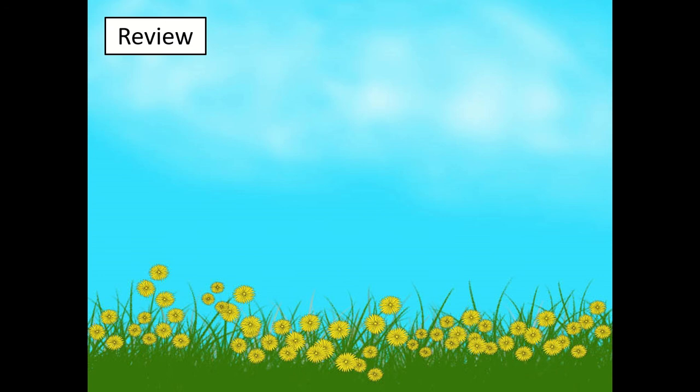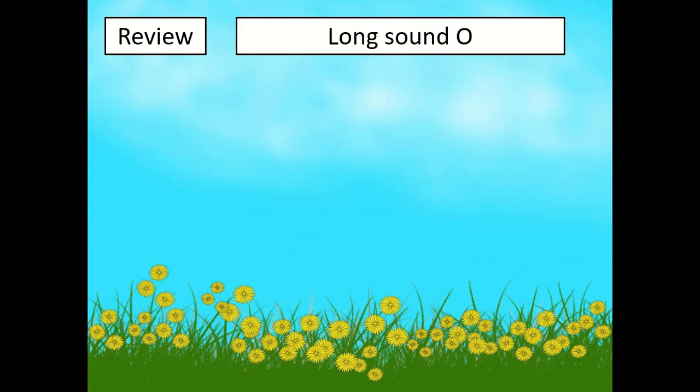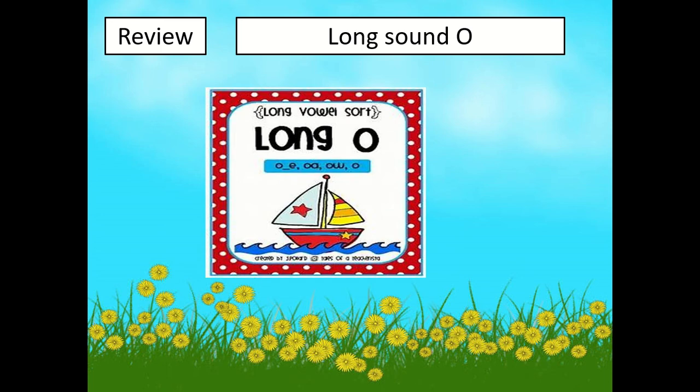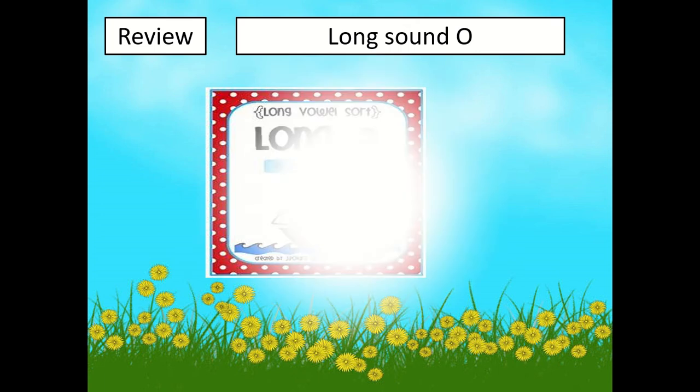First, we're going to review the long sound of the letter O. So last time, we studied about the long sound of the letter O. And when we say long sound of the letter O, we say O. O in boat. Boat. Other examples of words that have the long sound of the letter O are: